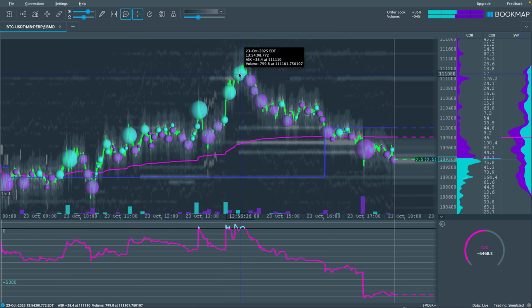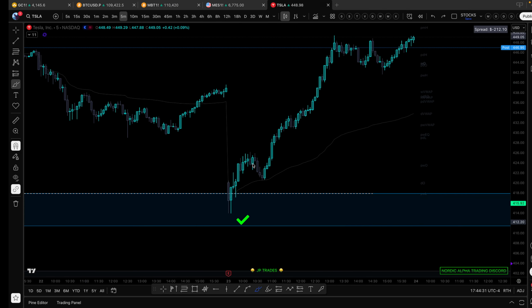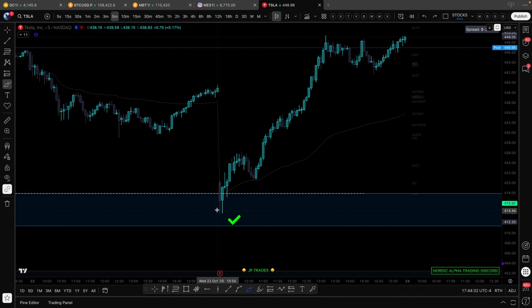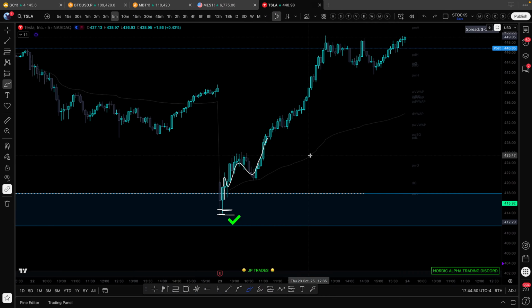Using order flow is one of my number one ways to enter trades. And that is a very, very aggressive entry. It allows me to take an entry right down here in these wicks and then put my stop loss here. And once price moves away, I immediately de-risk the trade for a free trade and start moving my stop loss up with price. So this is how I make money on scalps, day trades, or scalps that turn into